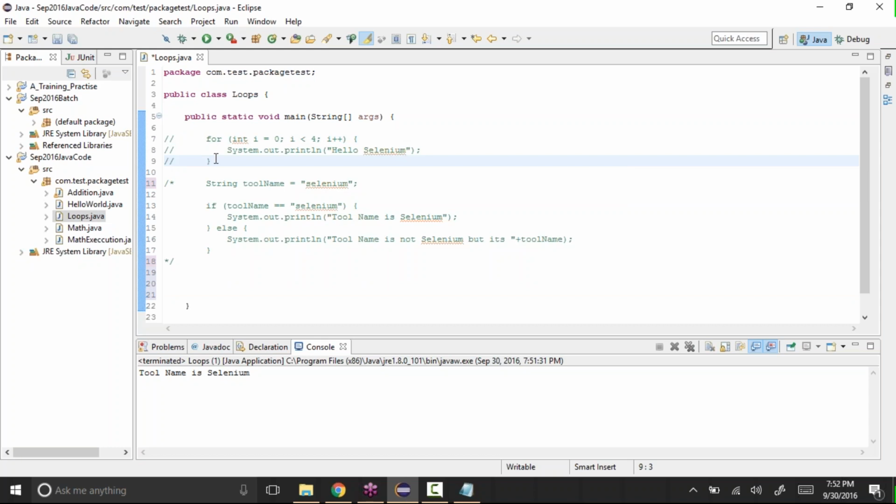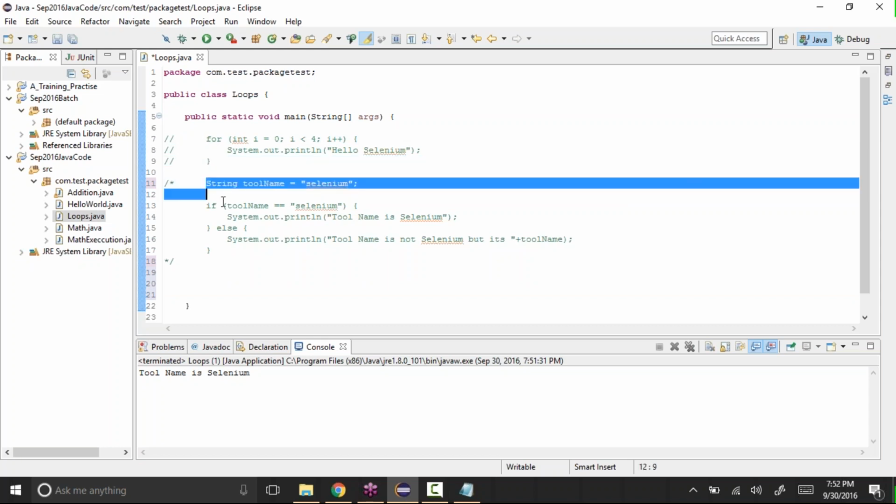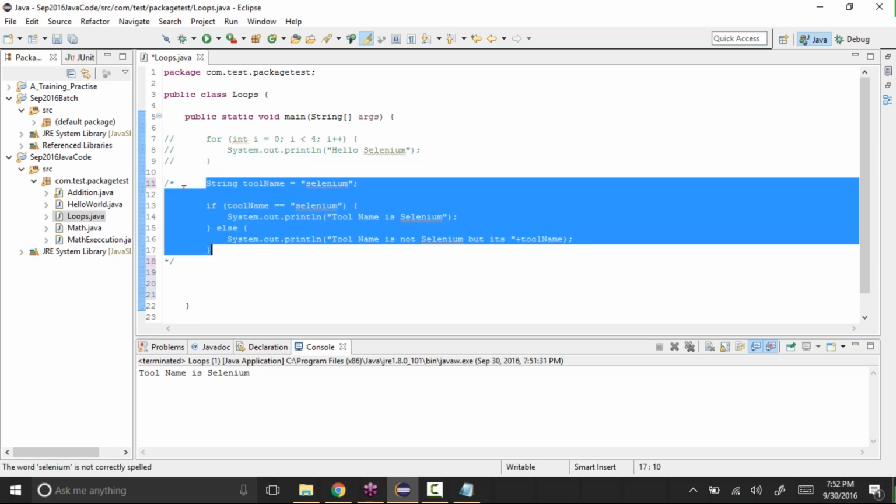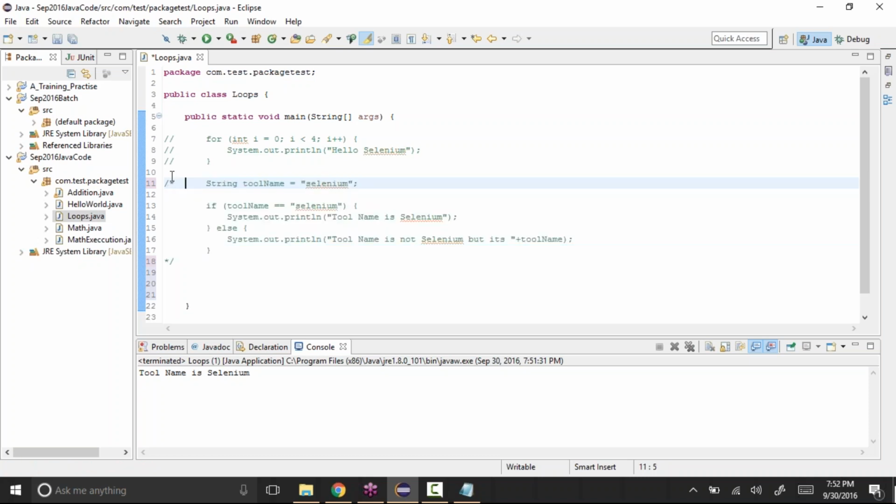Let's say if you want to comment a block of code, I wanted to comment all this block, so you can also do that with the help of this slash star, then at the end star slash. This is also one way to comment a block, and this is to comment a line of code. This is to comment a block of code. Okay, so based on what you want to do, we can use any of these.